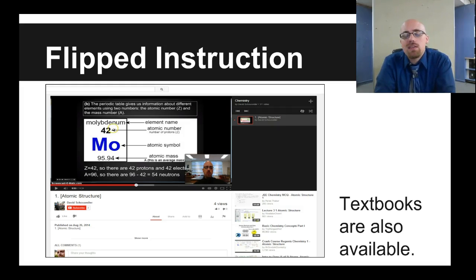Now, that doesn't mean that students have to understand everything from the screencast perfectly, although it would help. The screencast gives us a launching point, an opportunity to lay some foundations and some groundwork so that we can spend less time with me just talking at students, where I can't really help them, and more time applying that knowledge and conducting investigations and labs and those things where I can help.